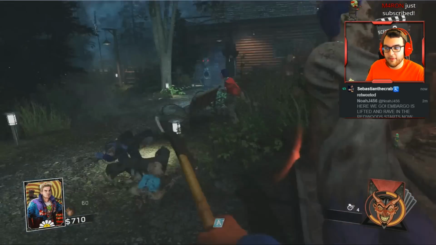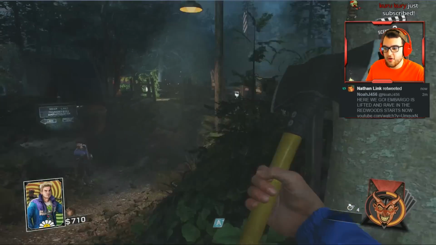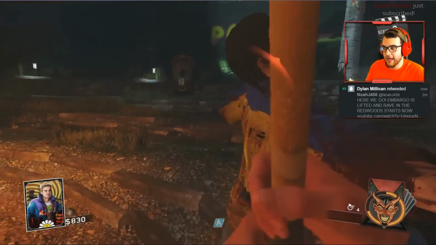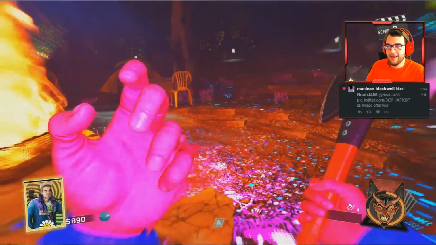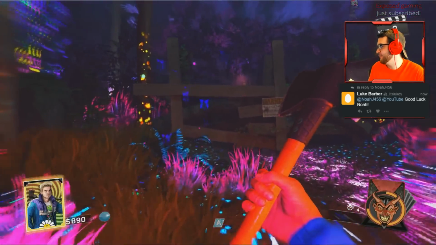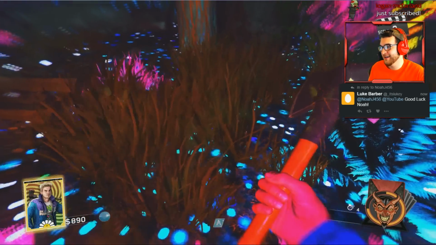So what I just grabbed right there was a pouch. Now, whenever you get a pouch, you actually want to use this on the fire. And you guys are going to see what happens when you use this pouch on the fire right here. And that's how you get into Rave mode. That is how you get into Rave mode and actually use it. And as you guys can see,